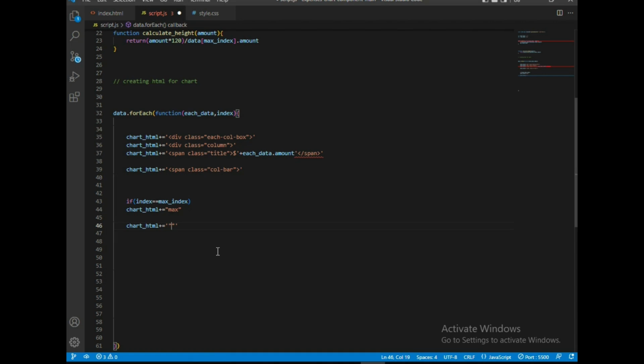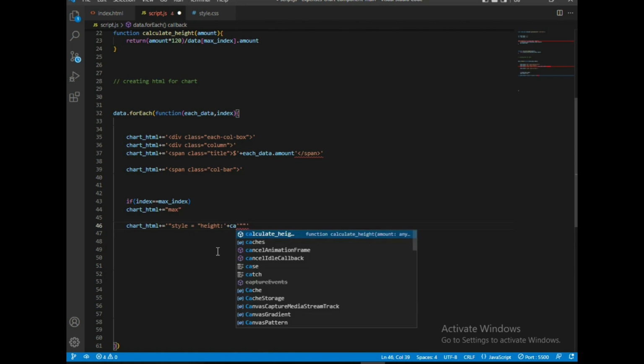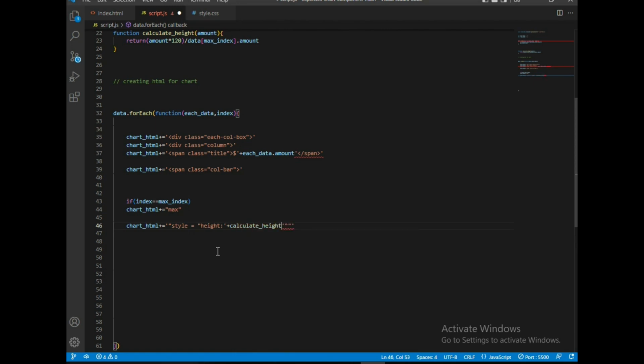Styling, I'm going to styling, style equals to height equals to, we need to calculate height equals to plus calculate height inside brackets